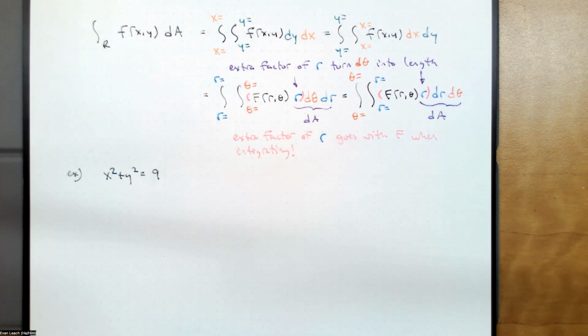Polar coordinates are really good at describing round things. Yesterday, we described a region that was x squared plus y squared equals 9, everything less than x squared plus y squared equals 9, that circle. And it was very messy because we set it up in rectangular coordinates. We should not have been surprised. We're describing a round thing with square coordinates, big mess. We had to do trigonometric substitution. Rather than doing the trigonometric substitution in our integration, where it's kind of a pain in the butt, let's do the trigonometric substitution now and convert this to polar coordinates. So if we want to describe this region,